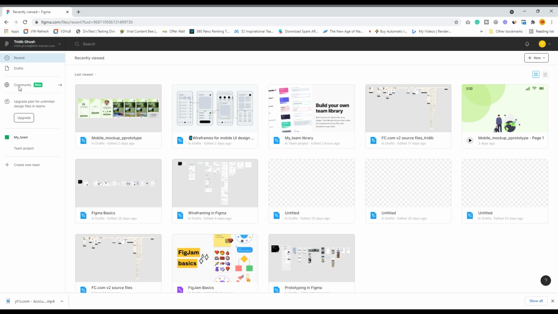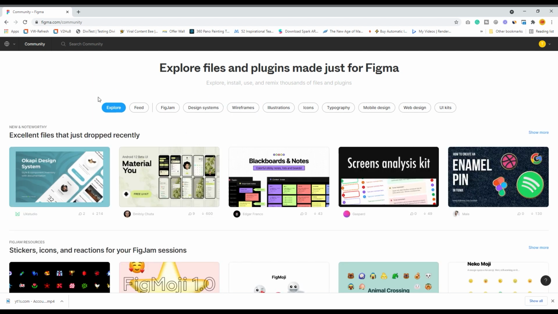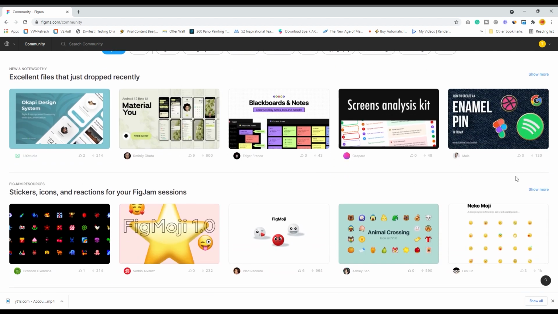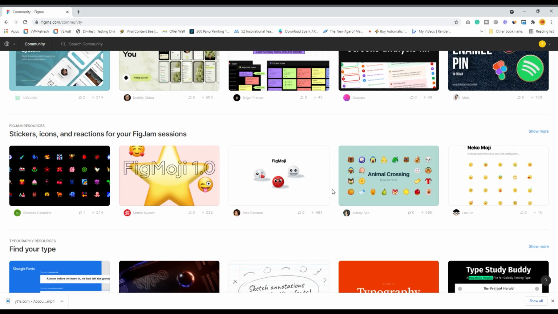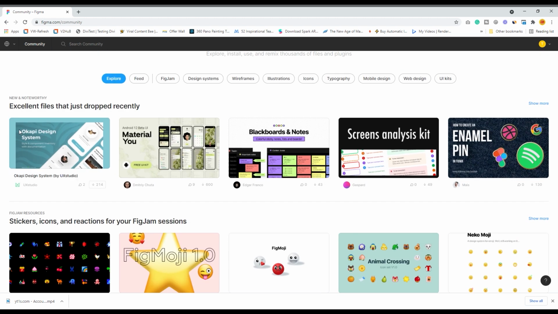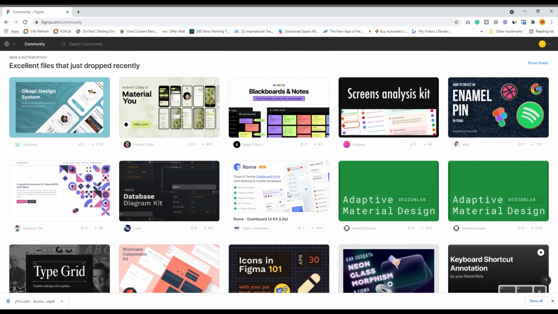And the next part is very important, which is obviously a permanent beta sort of thing, which is the Figma community. When you click on this, you are actually taken to the humongous amount of news and noteworthy content that the Figma community provides to you. Right now, you can have your excellent files that you have created. You can drop them over here to share across the community. There are a plethora of such projects that brilliant people have actually done.